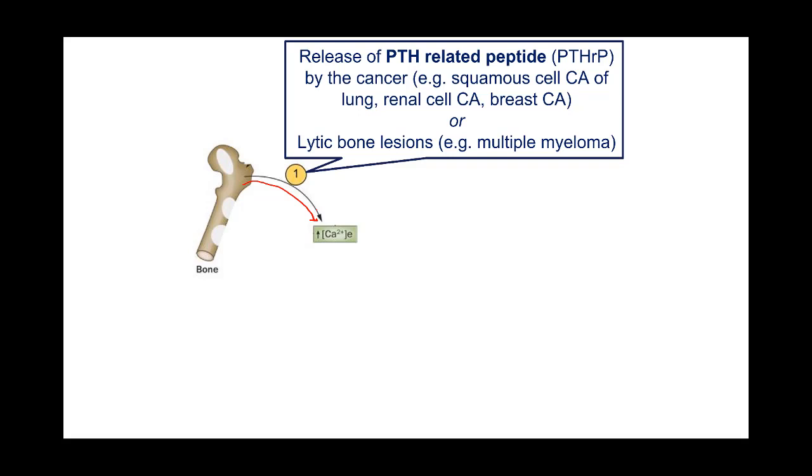two ways. The bones can release calcium in malignancy because of something called the PTH-RP, PTH-related peptide, that is seen in some cancers, some solid cancers like squamous cell carcinoma of the lung, renal cell carcinoma, or breast cancer. Or there might be lytic bone lesions, that is, the plasma cells in multiple myeloma themselves cause resorption and release